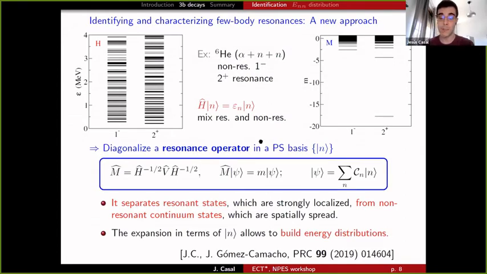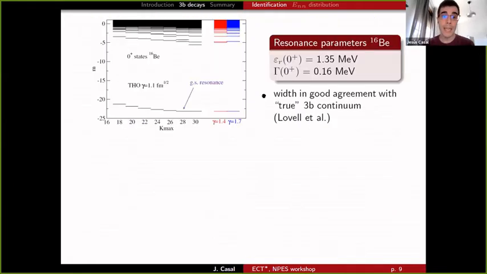We published this a couple of years ago, so I will not go through the details unless you have questions. And we applied this for beryllium-16 before we started this collaboration with Belén and Miguel for the new data. So this was a resonance identification for the ground state of beryllium-16, and this is the typical convergence plot that we used to see, that our ground state is well converged with a number of hyperspherical harmonics in the three-body